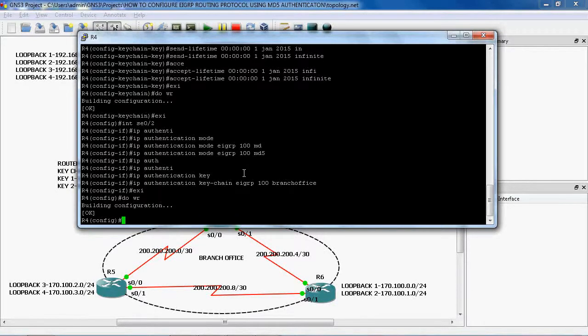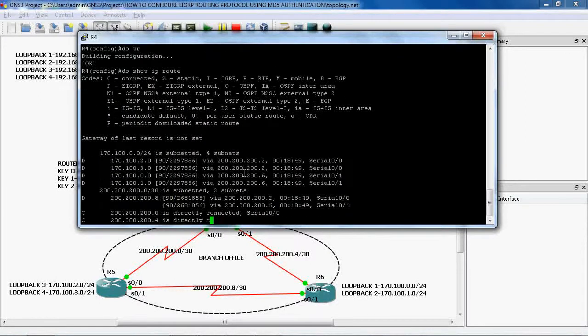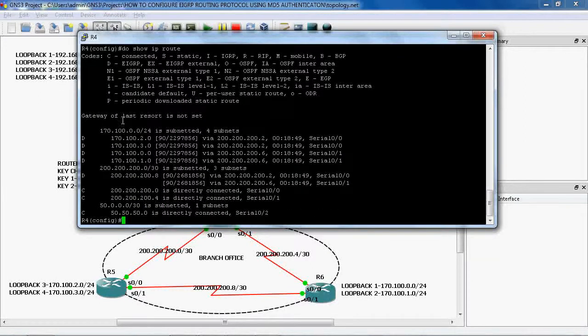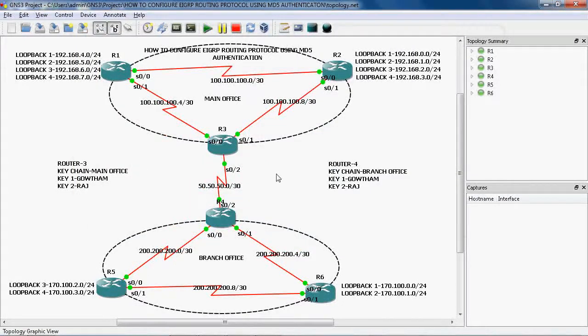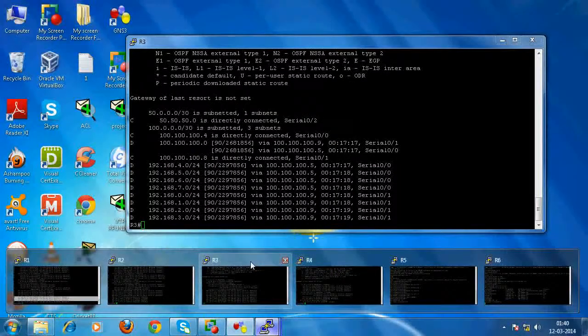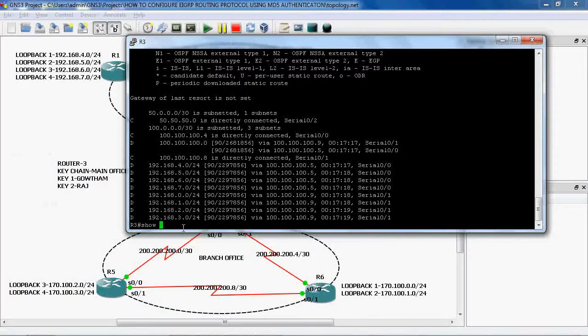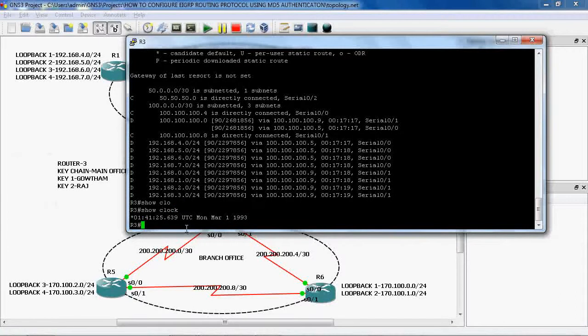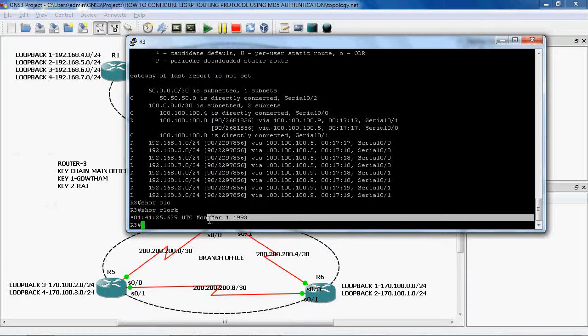We can check. Do show ip route. Yeah, still we cannot form a neighbor relationship, because we can check the router time. Show clock. Yeah, this is 1993, March 1, a Monday.